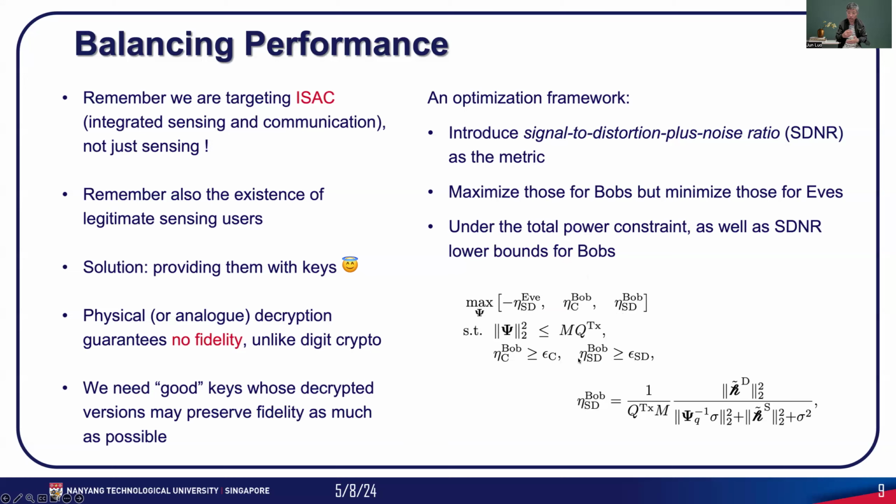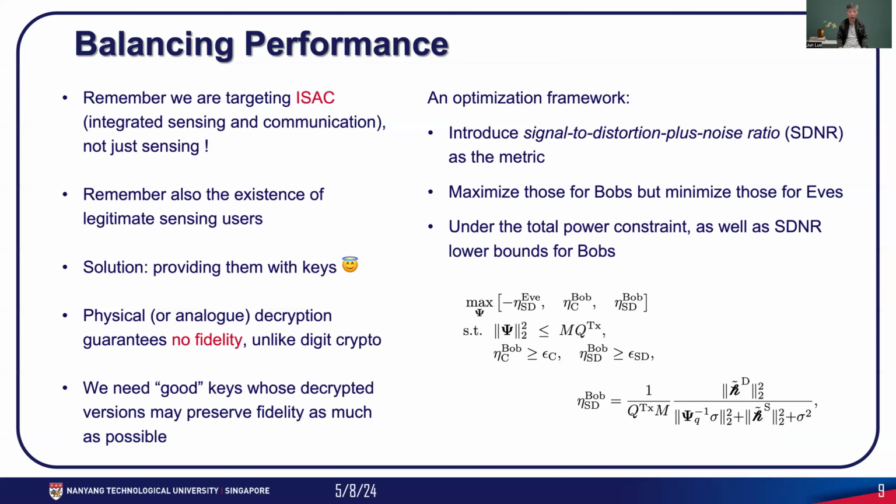Solving this problem is pretty difficult because it's non-convex. We don't have a unique optimal solution. But we don't really aim at just finding that solution. We aim at finding a good set of encryption keys that can maintain an adequate balance between good guys, good performance, and bad guys, bad performance. We can do this from time to time,